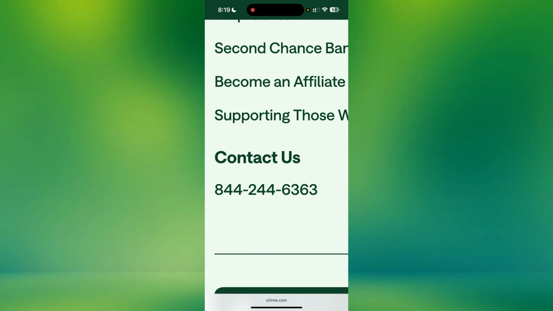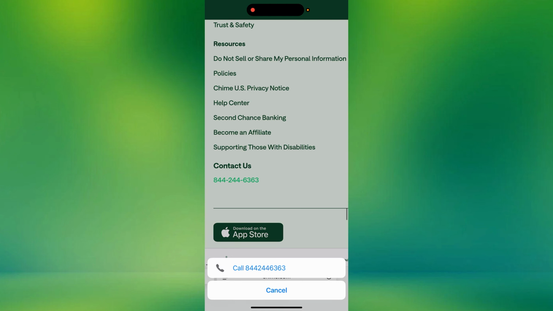hotline, wherein you could actually call their hotline and ask a representative to assist you and cancel your pending transaction. And actually, the representative will ask you a few details, just like your transaction number and reference number